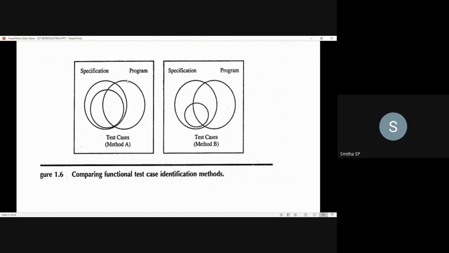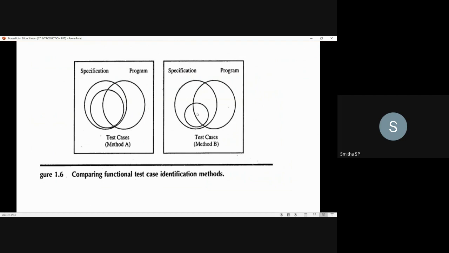Whatever features have been mentioned in the specification, not all of those features are implemented. That is the set representing the program set. Only part of the specification has been implemented, but the test cases you have written by looking into the specification. That is what is shown in method A.